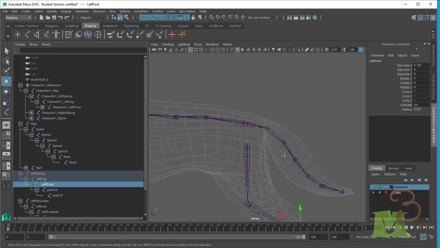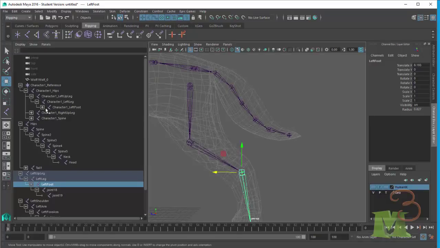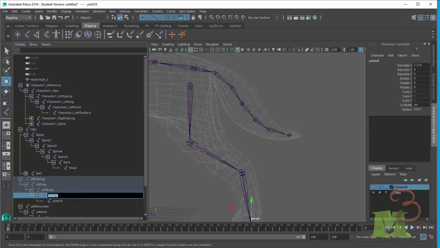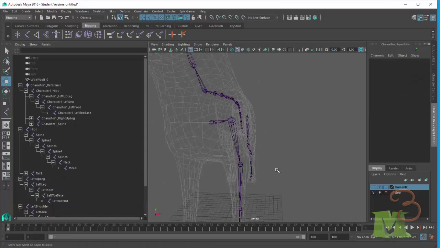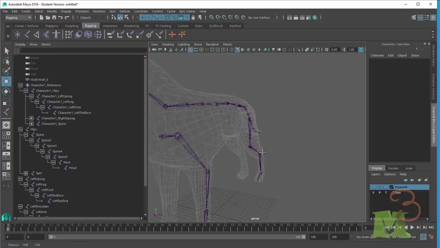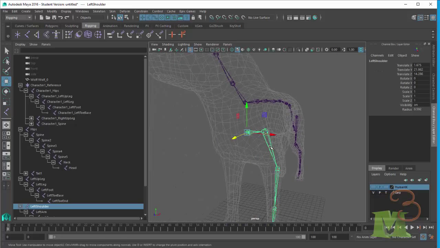Notice that this is the foot or the ankle. And we'll move on to the next one. Left toe base. Copy. And this one's going to be left toe end. So I'll call this one end. Cool. Awesome. All right, so now what we need to do is we need to mirror this particular geometry,